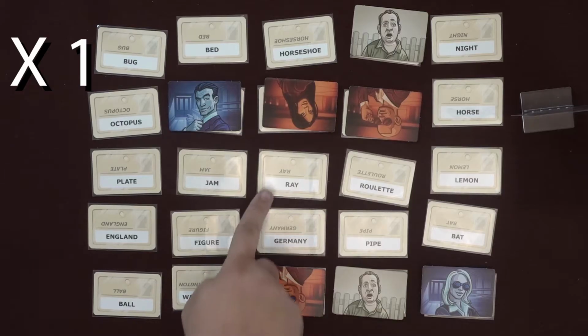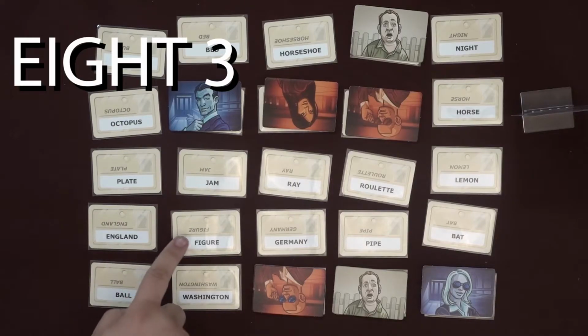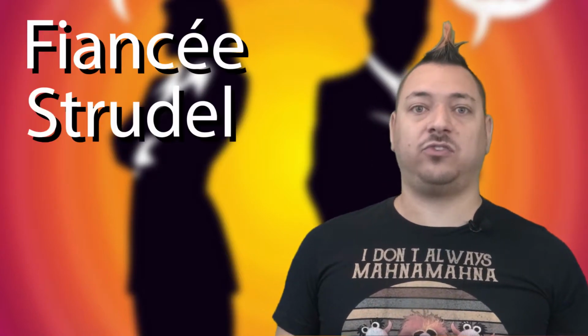For example, you can use X1 as a clue for ray, and you can give the clue 8-3 as a clue for ball, figure, and octopus. The number you say after your clue can't also be used as a clue, so giving the clue citrus 8 cannot be a valid clue for both lemon and octopus. The rules say you must play in English, so you can't use a foreign word unless the players in your group would use it in an English sentence. The English language itself borrows a lot of foreign words anyway, so those would be valid, like fiancé, strudel, or